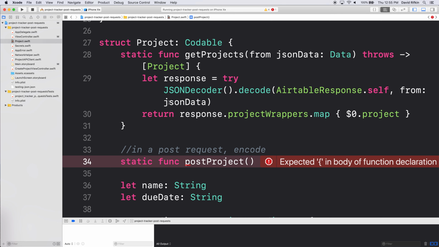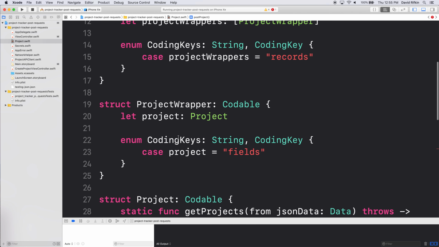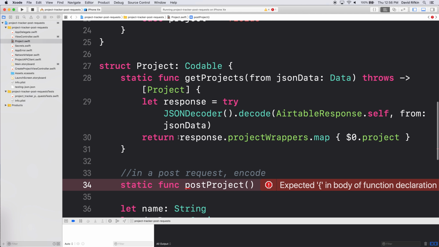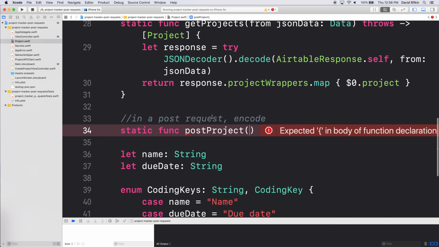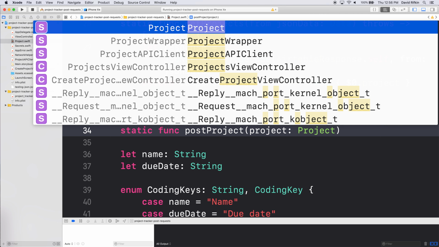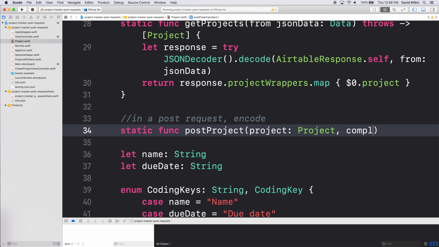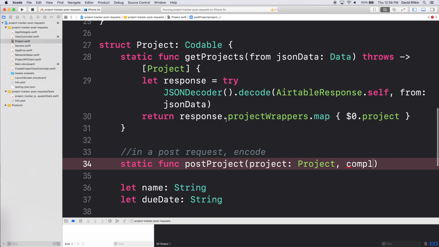So this is our project struct. And what it interacts with is the project client API. What do we want to post here? What kind of object? Hell yeah. What type is a project? Oh yes. And just like we've done in the past,